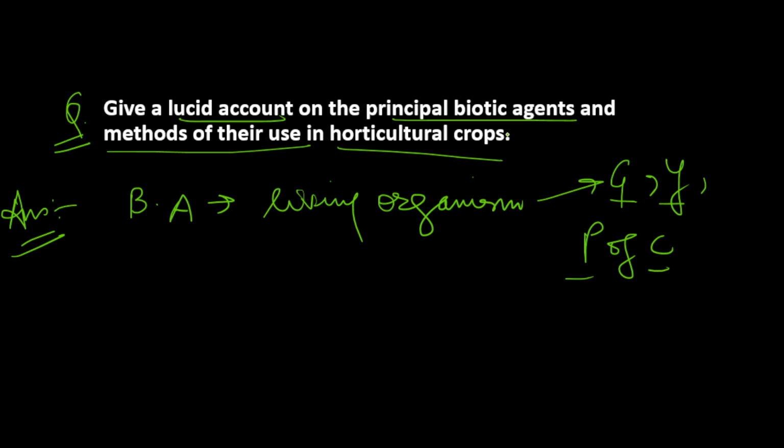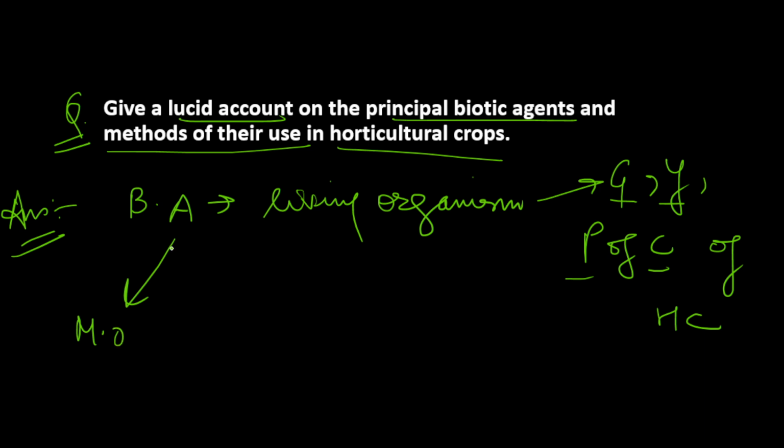Actually, here we are talking about horticultural crops, so in the introduction you can simply mention horticultural crops. So biotic agents refer to living organisms that influence growth, yield, and protection of horticultural crops. And these can include